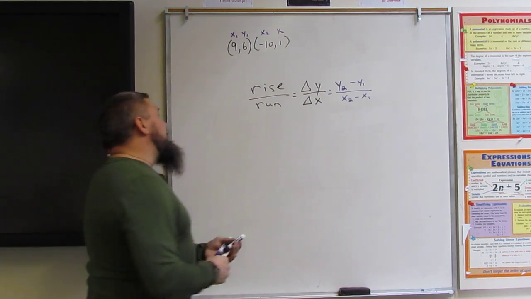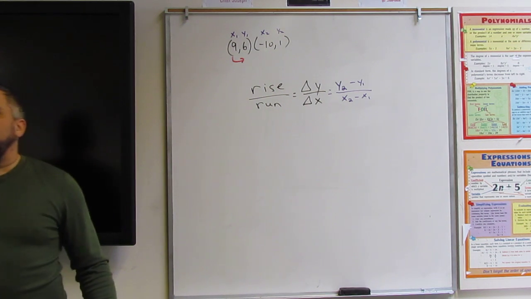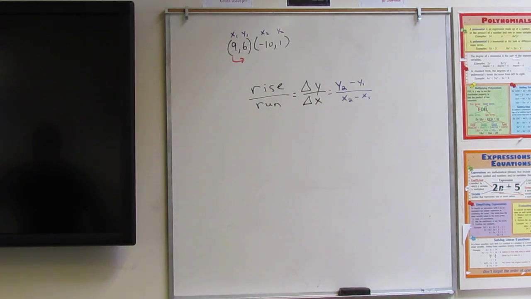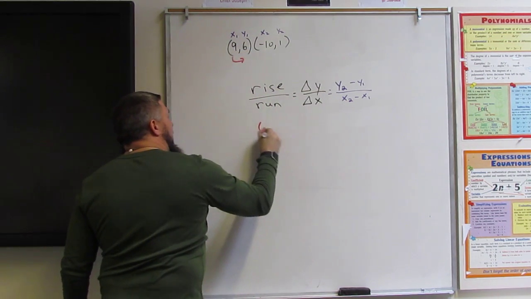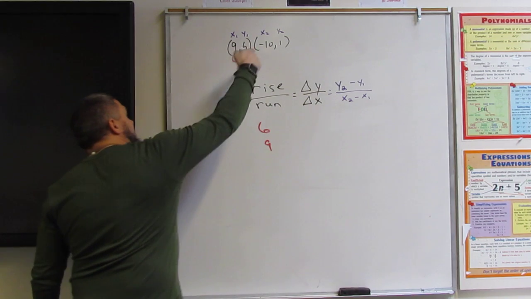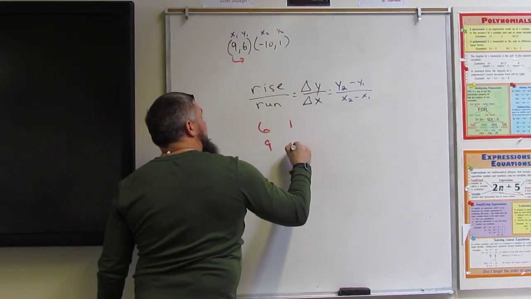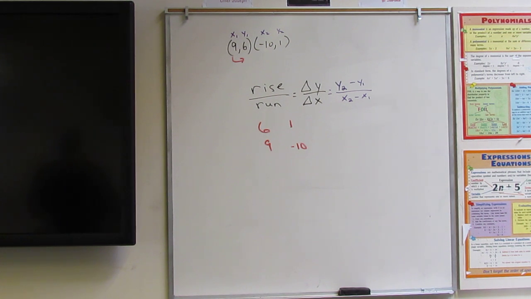What I mean by that is the y's have to be on top. The y has to be on top. If you flip this so that the x is on the bottom, and you flip this one to where the x is on the bottom. And when you smack something, is it positive or negative? Well, it's all relative.